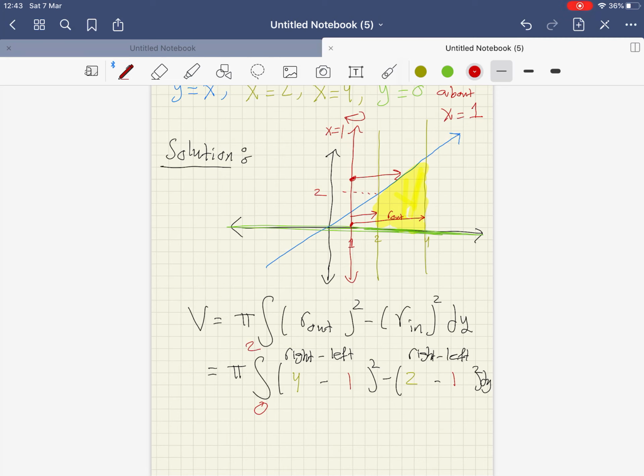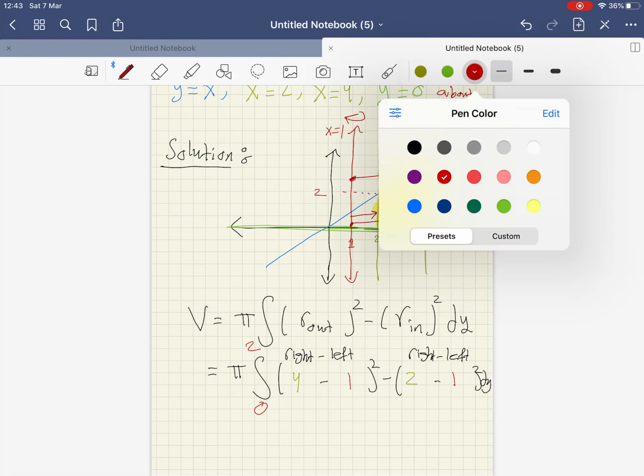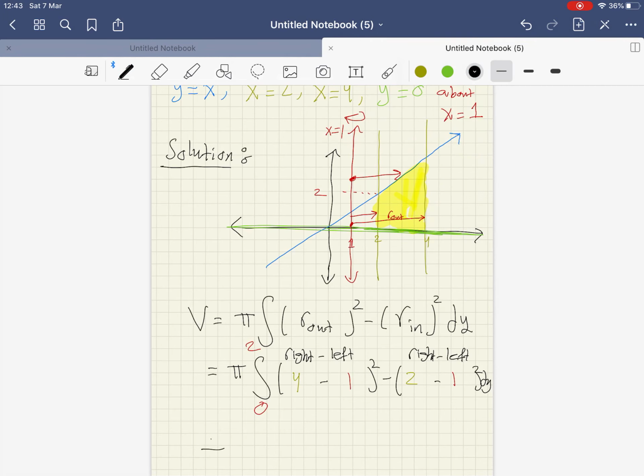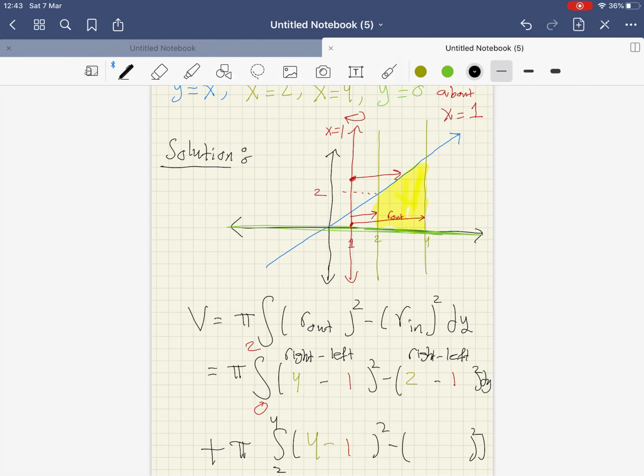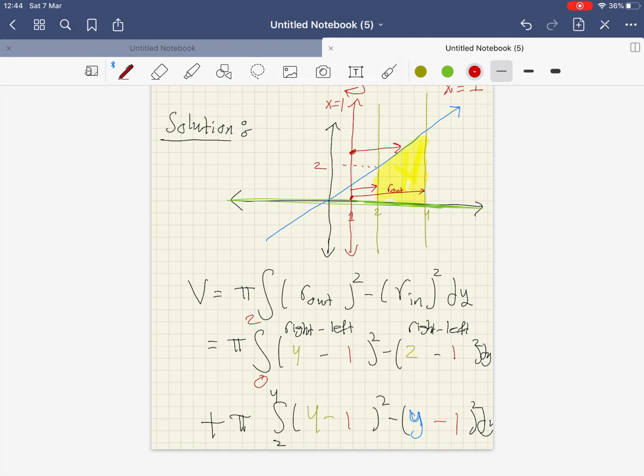So at 2 we have to stop, and then we have to start again. From the 2 to 4, R out will be the same. It would be 4 minus 1. But the R in now will start to change. Why? Because it will be the blue function. That's why we have the blue function, which is y minus. If you do this,